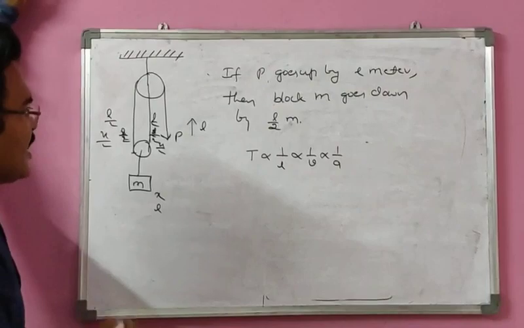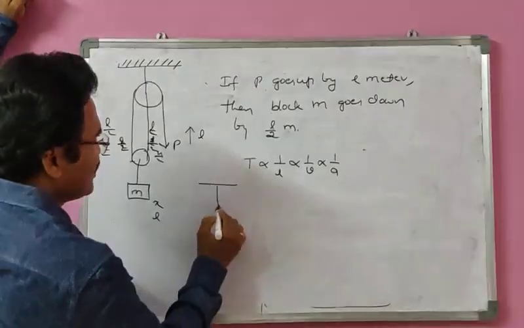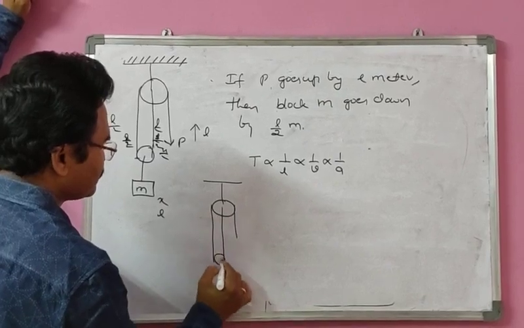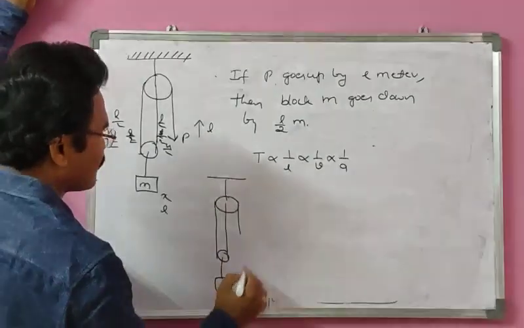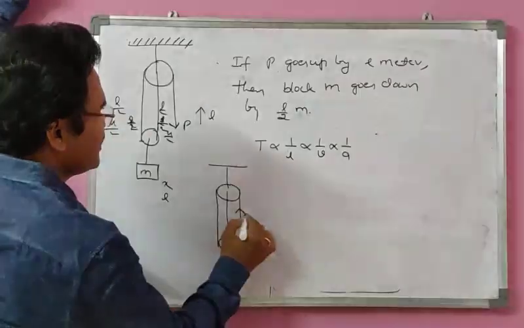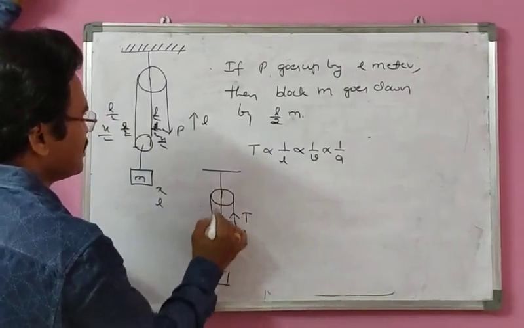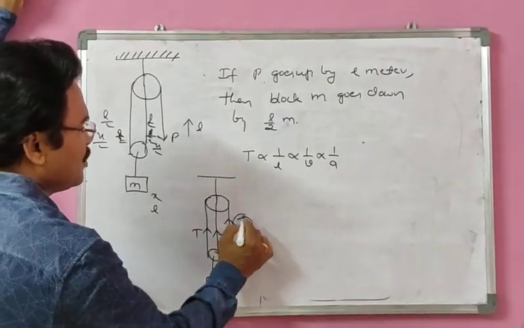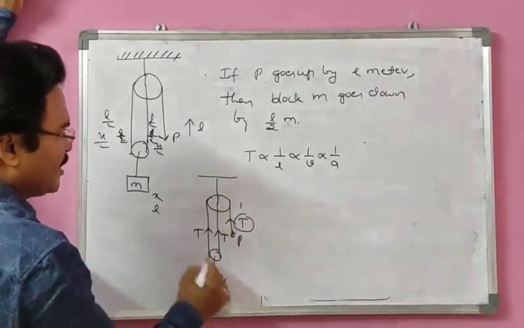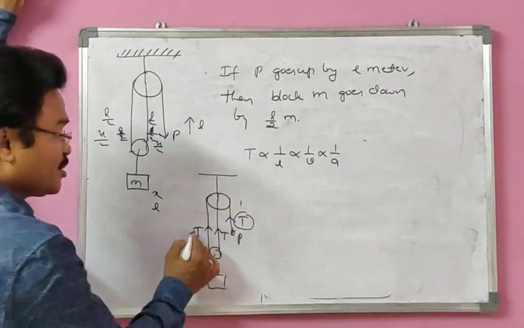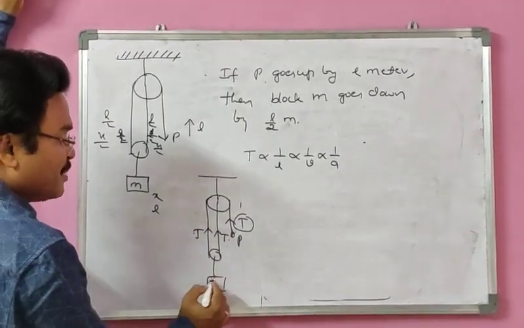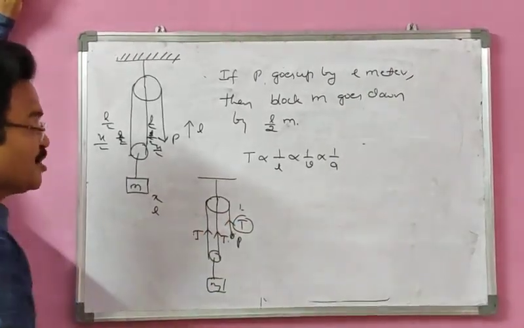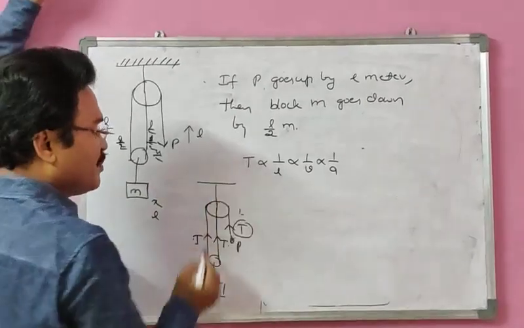So in our case, what is actually happening here? Look at the situation here. This is point P given. If this is T here, so this is also T, this is also T. Here, how much tension is acting? Only one T is acting here. But here, how much tension is acting? T plus T, 2T. That means this block is acted upon by two tensions, whereas this point is acted upon by only one tension. So as I said here, they are inversely proportional.